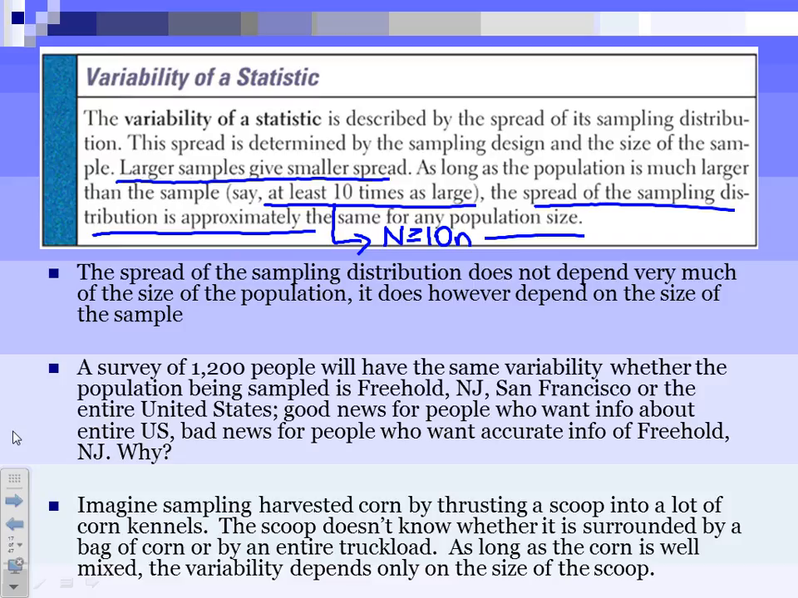All right, and if we were to look at this example right here, this might help us to understand it through this concept exploration. The survey of 1,200 people will have the same variability, whether the population being sampled is Freehold, New Jersey, San Francisco, or the entire United States. Now, if you think about that, 1,200 people in your sample, if you take those people out of Freehold, well, that's a much larger proportion of people than it would be if you were to take them from San Francisco or even the U.S. But what we're trying to prove here is that the standard deviation, the variability, would be the same for all of them, because the variability